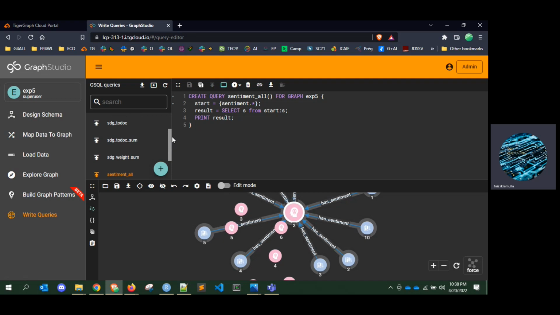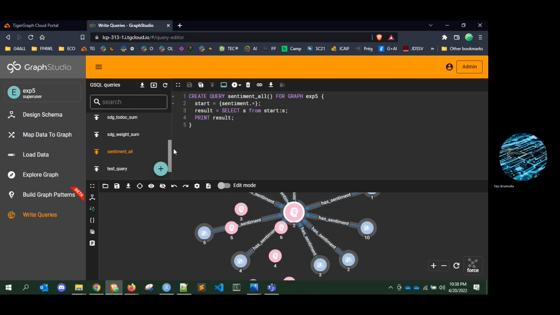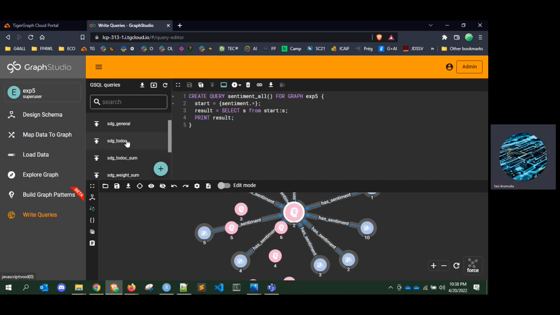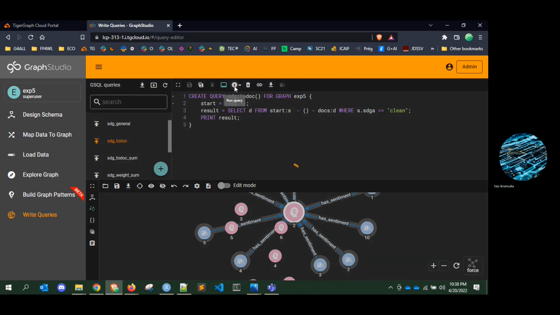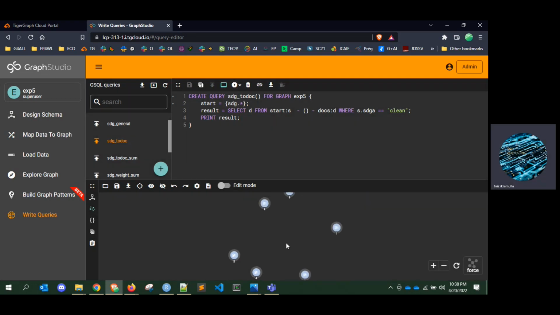I think another more useful demonstration here is on the SDG. So let's say this particular query runs a query on SDG clean, where not all the documents are included, but you can double click there and then find the relationships there as well.